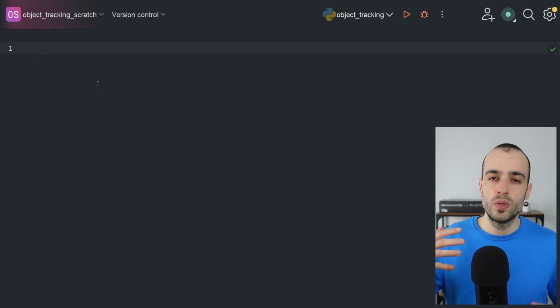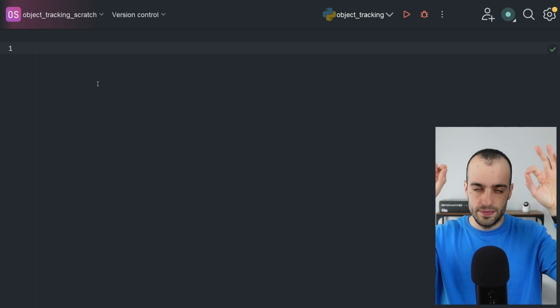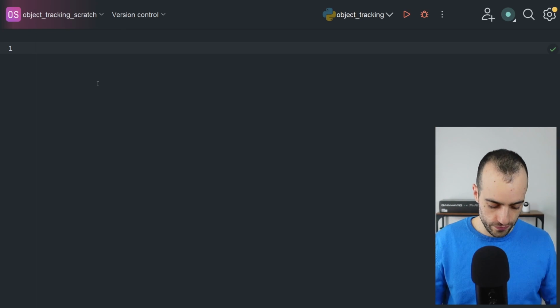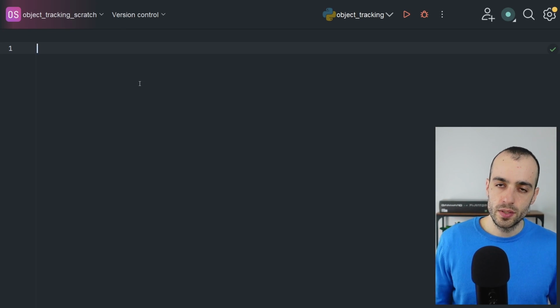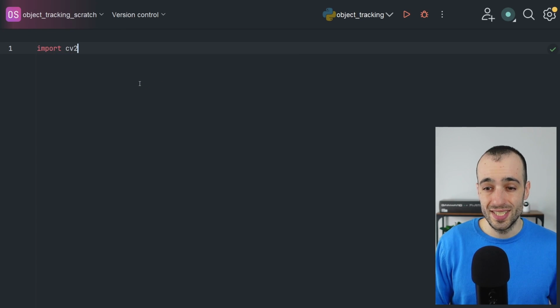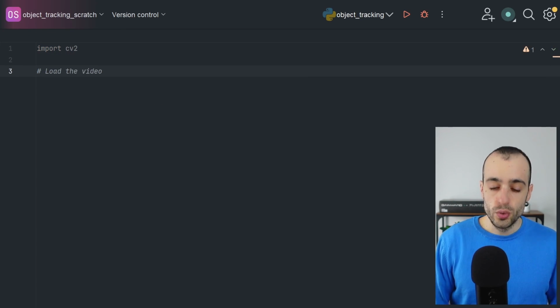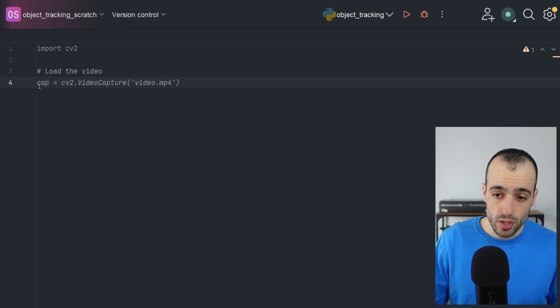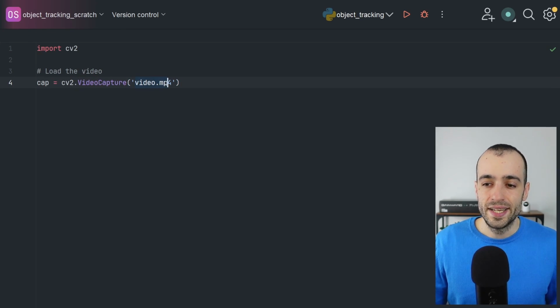So first of all, we want to detect the vehicles in the video that I showed you. Detecting the vehicles means drawing a bounding box on each vehicle. How do we do that? First, we need to load the video. So we import cv2, which is the OpenCV library. You see the Copilot is suggesting something already. We load the video. We need to create a capture object, cv2.VideoCapture, and then here we put the path